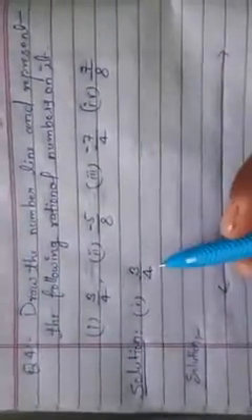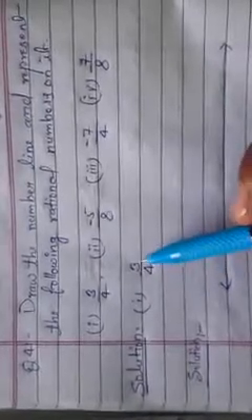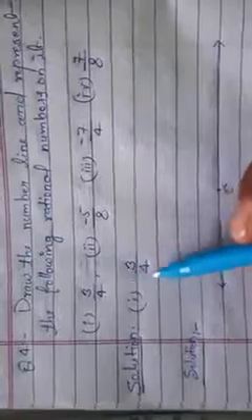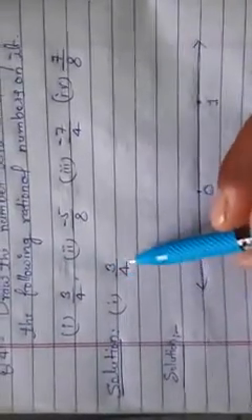Now comes the next question, students. Draw the number line and represent the following rational numbers on it. So 3 upon 4, how can we represent it on the number line? First of all, students, we will draw a line, and 3 upon 4 means 3 parts out of 4. Like 3 toffees out of 4 toffees, or we can say if we have one toffee, dividing it into 4 equal parts and then taking 3 parts, you have to reach the third. So first of all, make one part because this number is a positive rational number. So 0 to 1, because 3 upon 4 is smaller than 1.